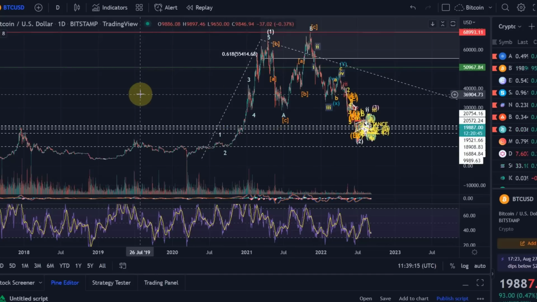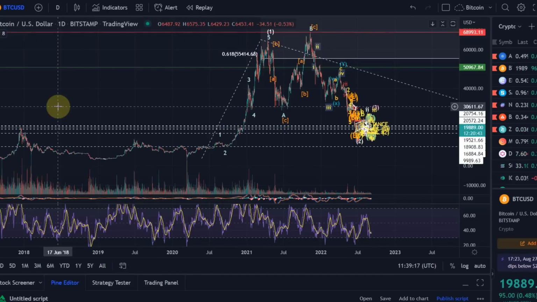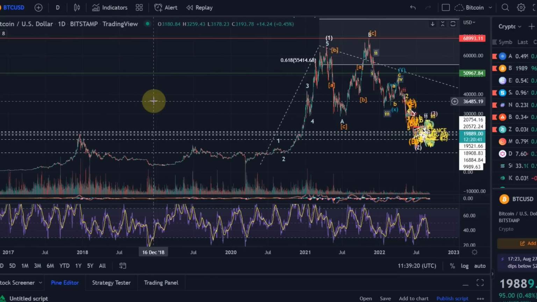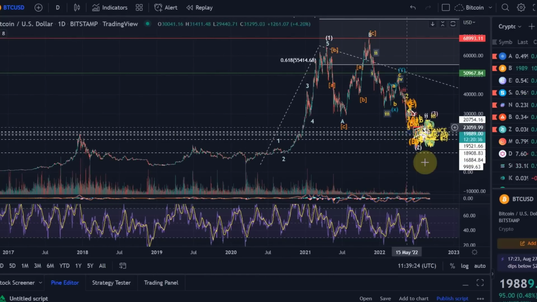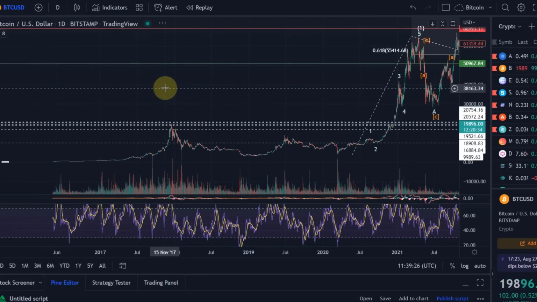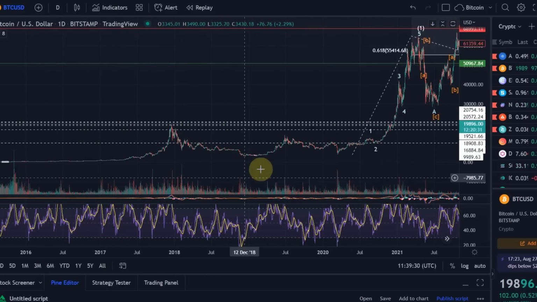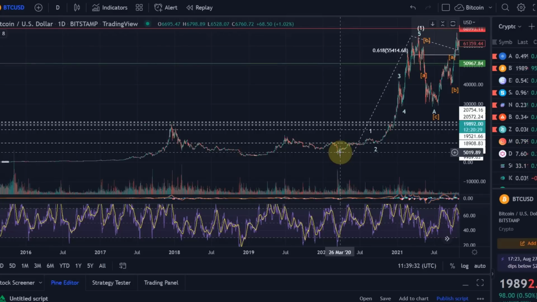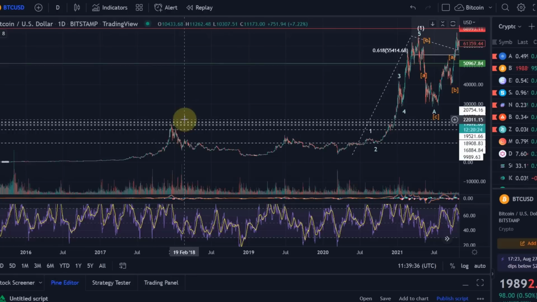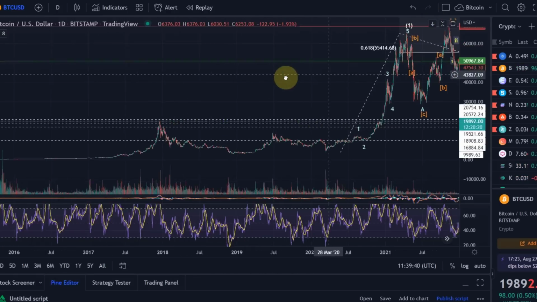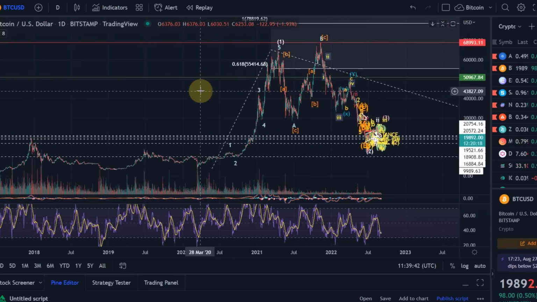Okay. So yeah, this is just a higher level count. And at the moment, my view overall is that Bitcoin is currently creating its third 1-2 pattern. So on the long-term chart, in Bitcoin's all these bull markets, they have been 1-2 patterns. That is a completely normal development when you look at young assets. You have your wave 1-2, you have another 1-2. This is the third 1-2 pattern. And this is what young assets do.